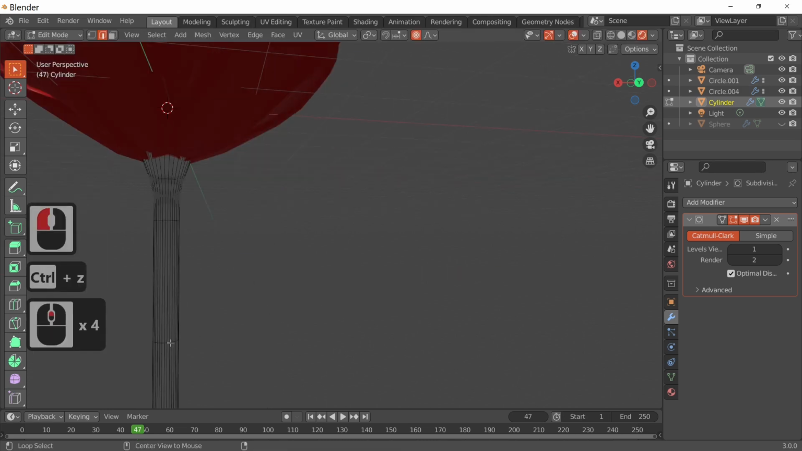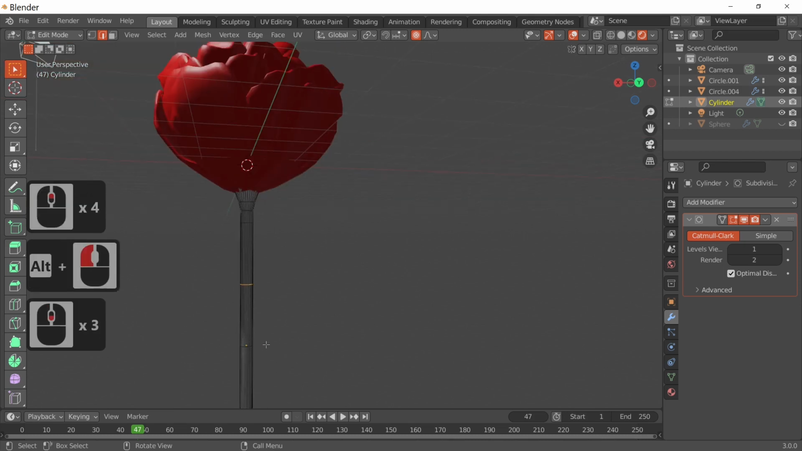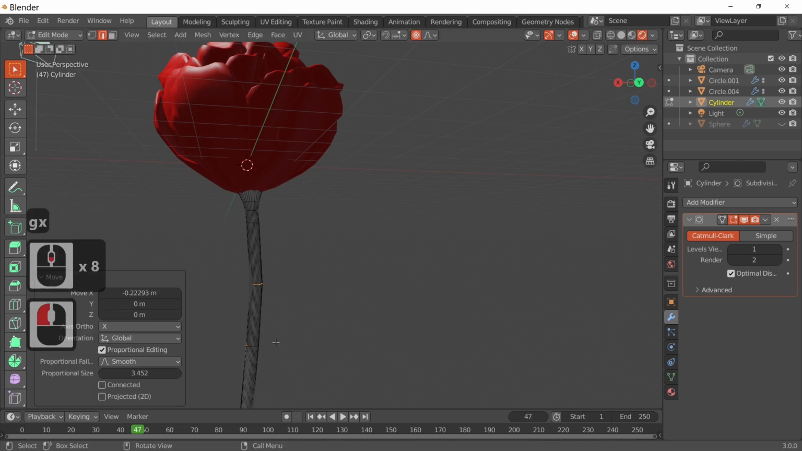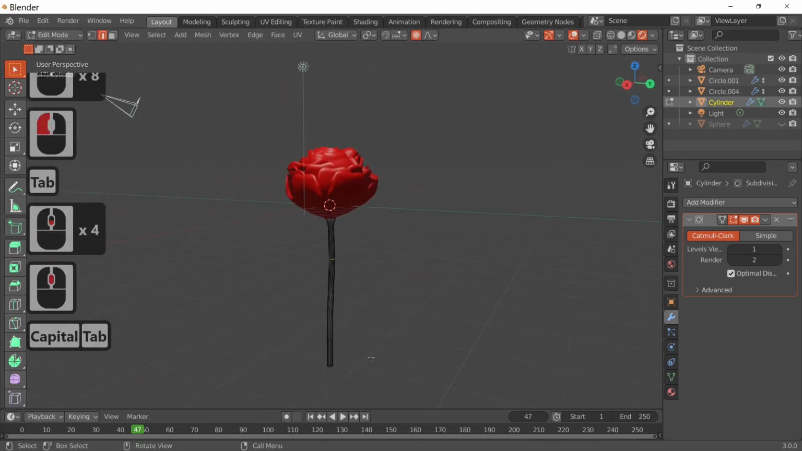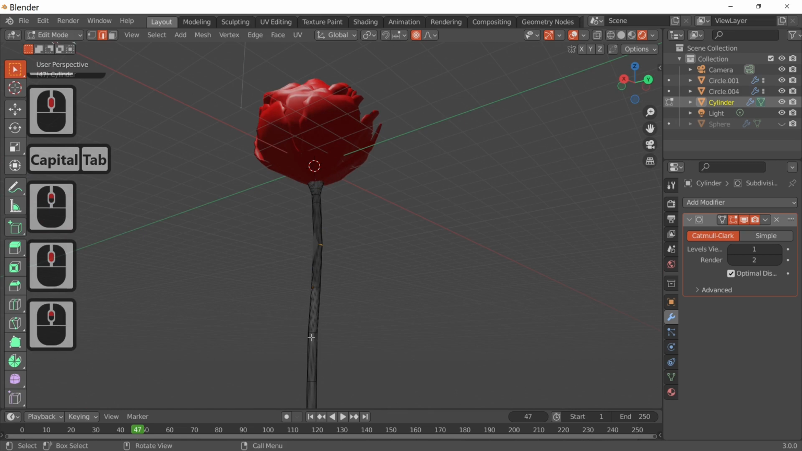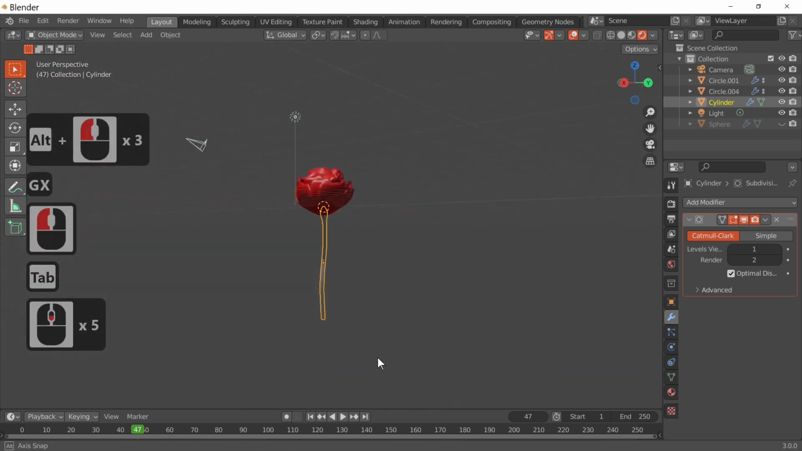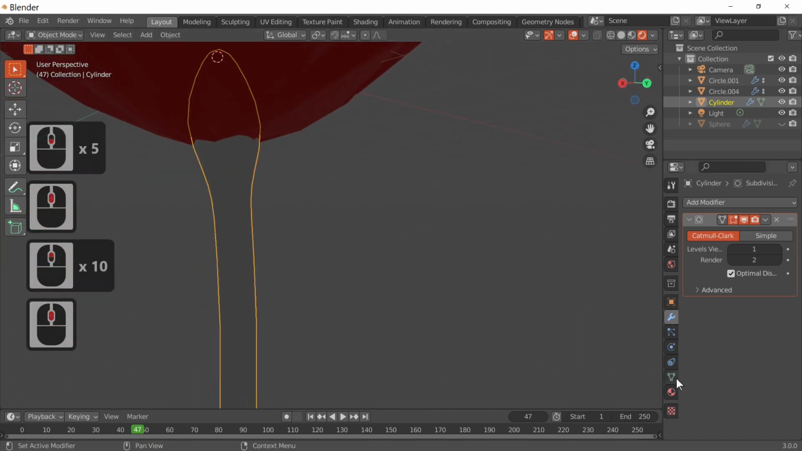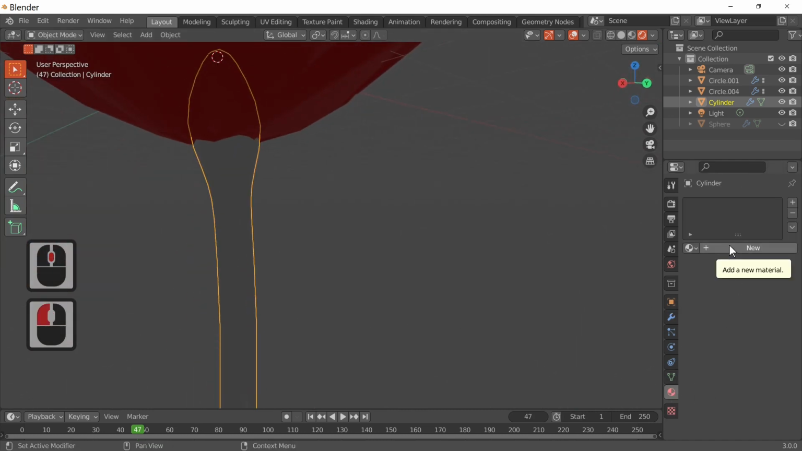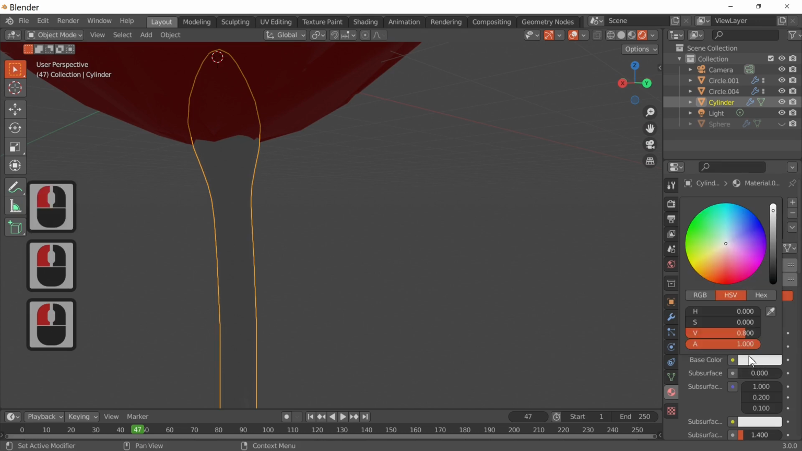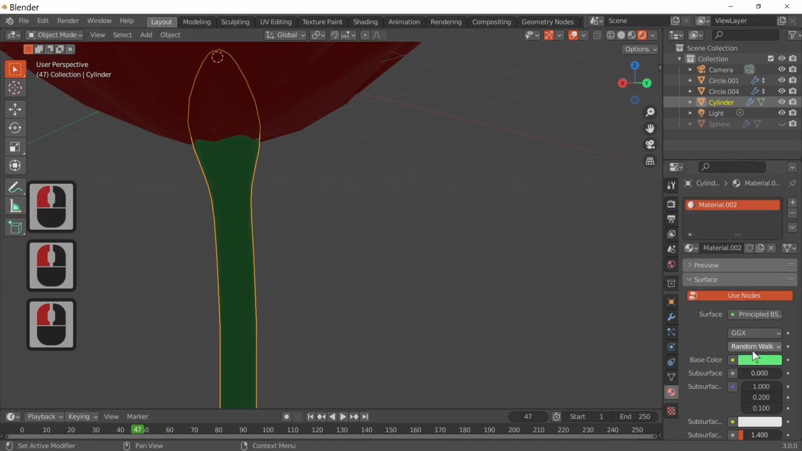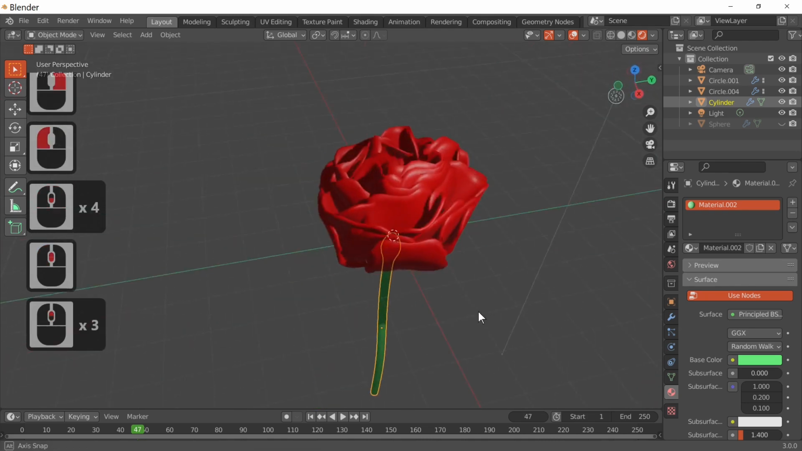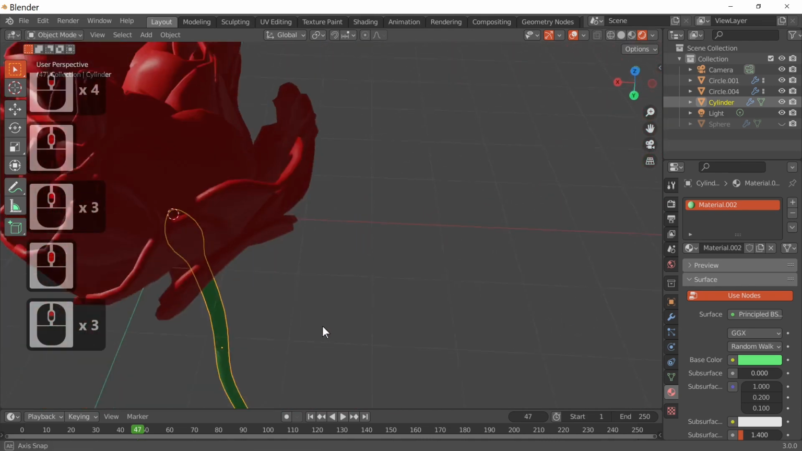I'm going to select the whole ring by pressing the Alt key down, and G and X, we can just make our rose stem just a bit more organic just by giving it a bit of shape. Add a colour, new, green, shade smooth. I mean, for the one that I did for Dawn's logo, I actually added a